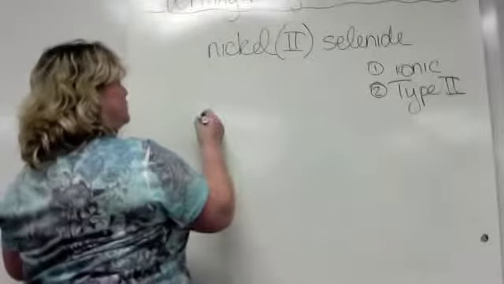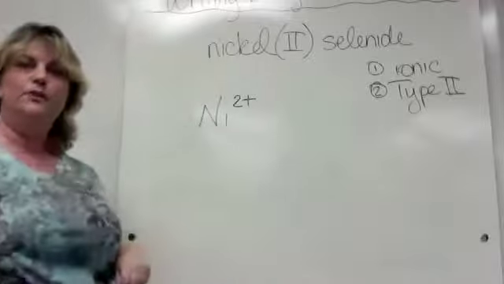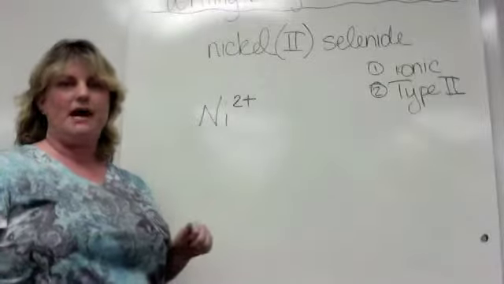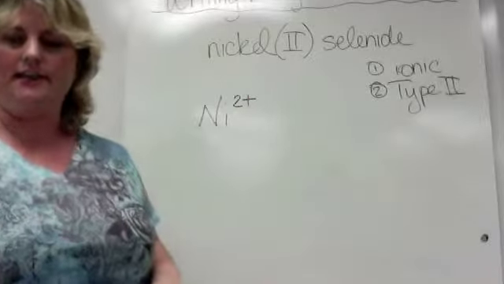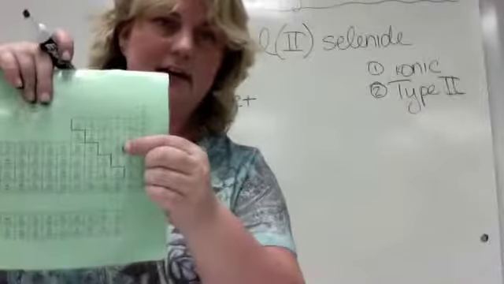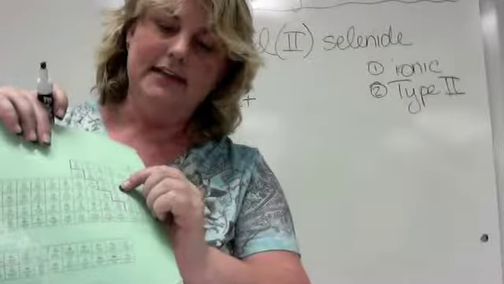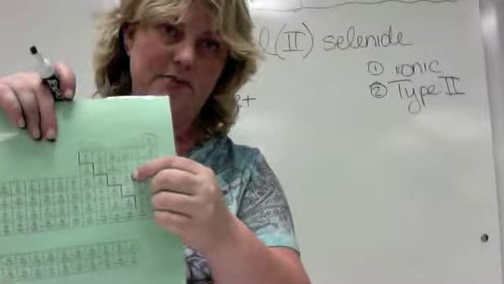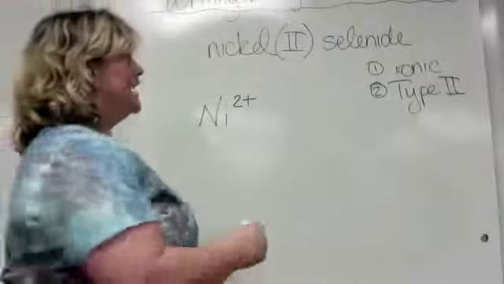So nickel 2 is nickel 2 plus. Remember, it's a metal. It's always a positive. And then selenide, now I have to look at the periodic table. So here is selenium. That becomes selenide. It is in the chalcogen family, so it's going to gain 2 electrons. That gives it